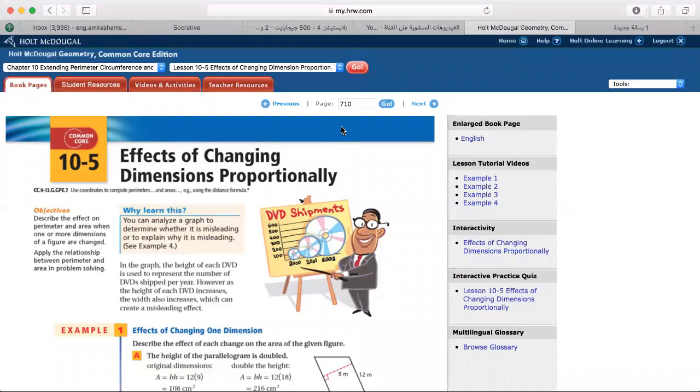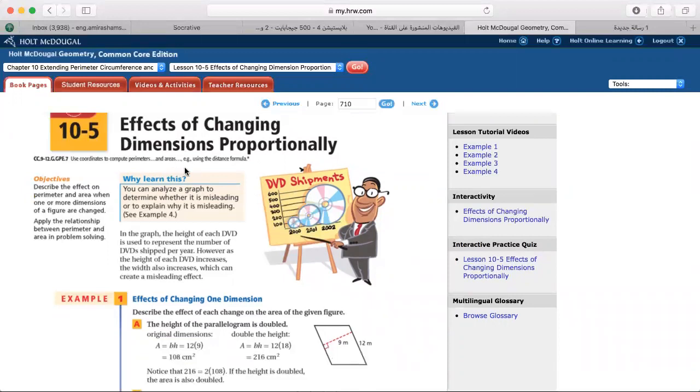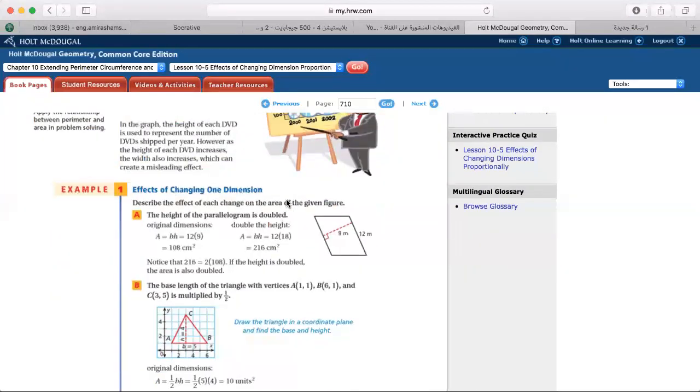Today we're going to continue our revision. We already started last week. Now we're going to revise lesson 10.5 in geometry: effects of changing dimensions proportionally. As we said,